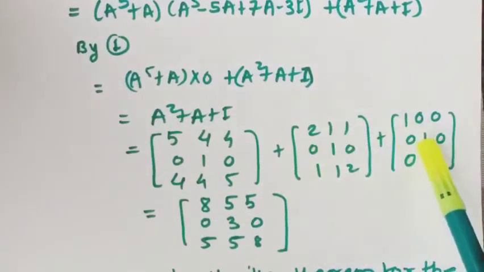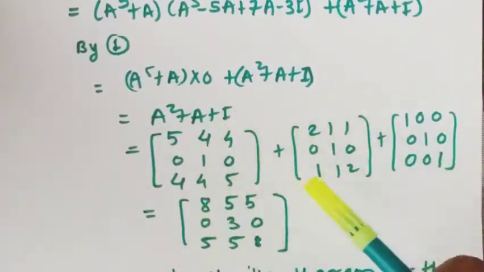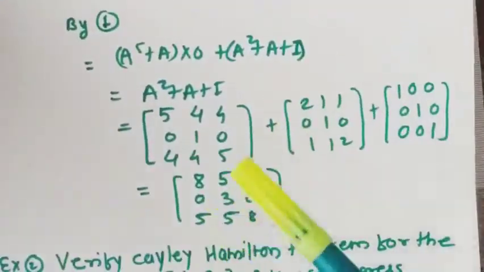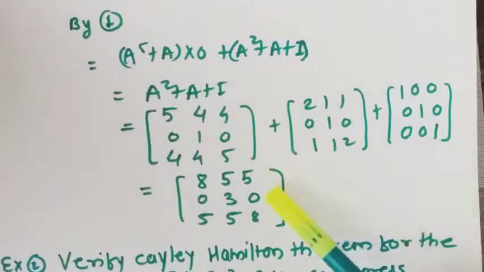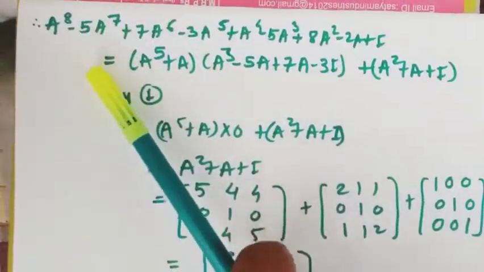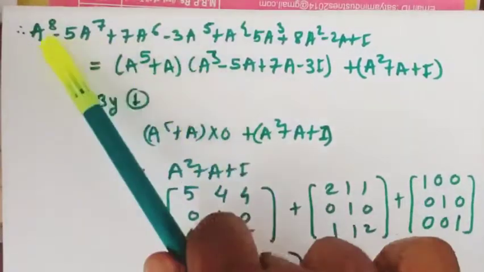This is the matrix A, this is the identity matrix. The addition of 3 will be this. So the value of this big addition is equal to only this matrix. Okay, so this is how you can simplify, meaning you can obtain the value of a simplified expression for this big expression.